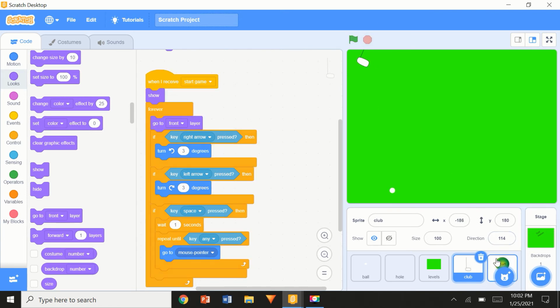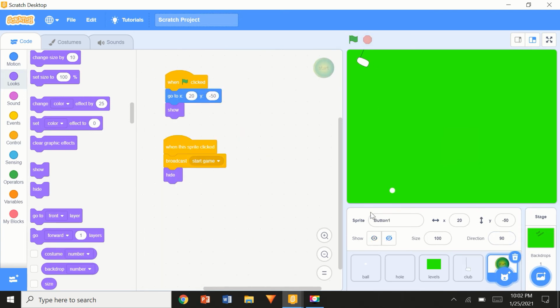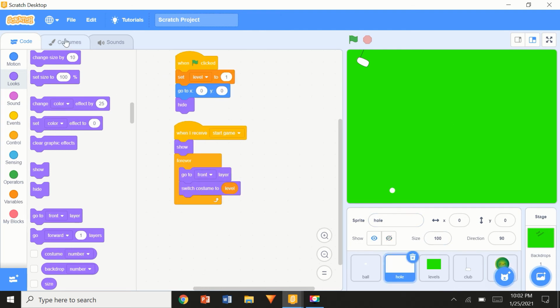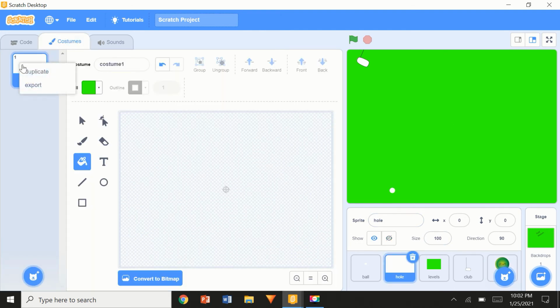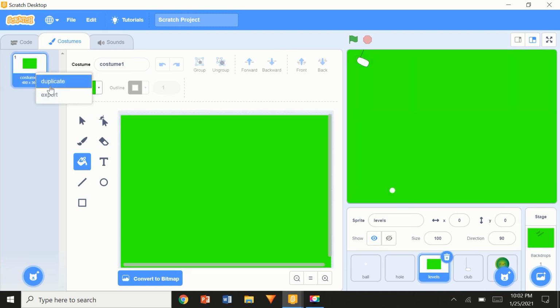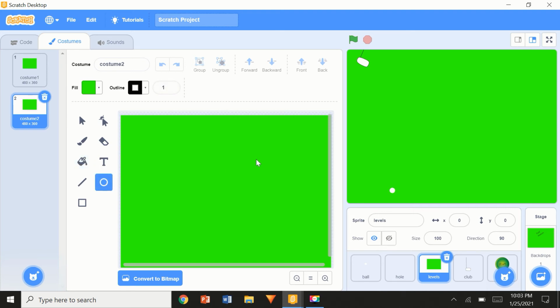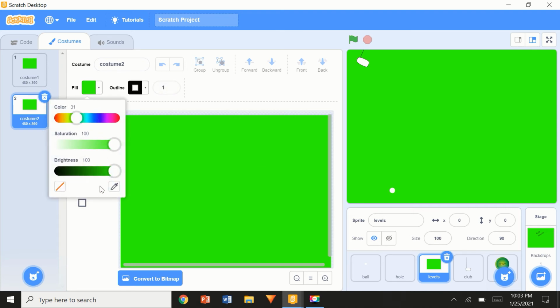Right. So for the hole again, we're just gonna duplicate the level. We're gonna make multiple levels. I'll just make a second level only for this one because I have some plans for the ball. So first of all, I'm just gonna take this circle, fill it with